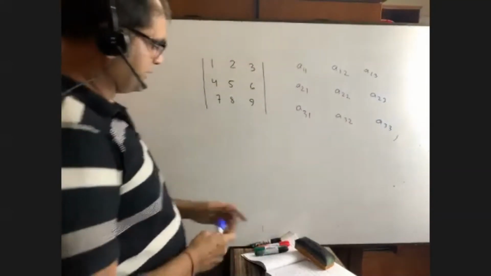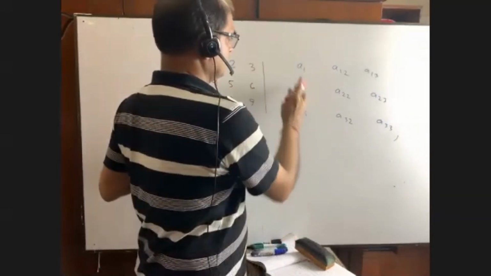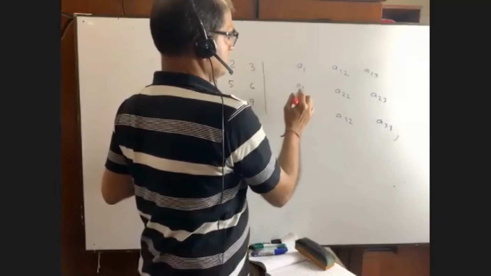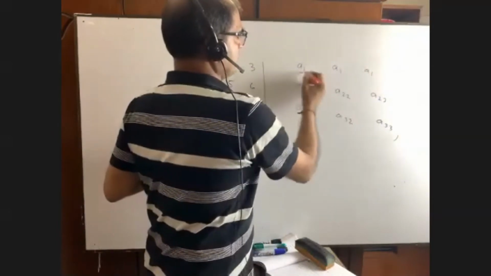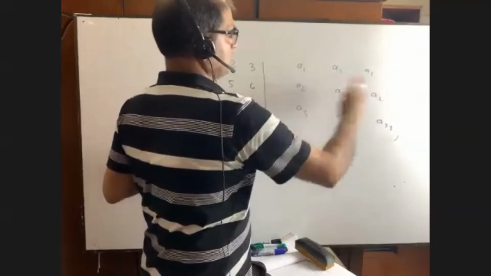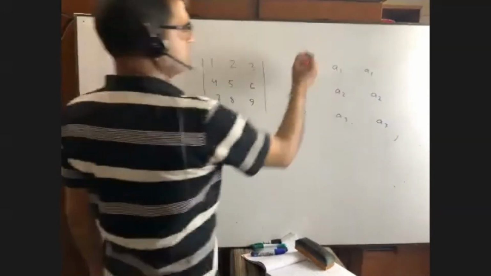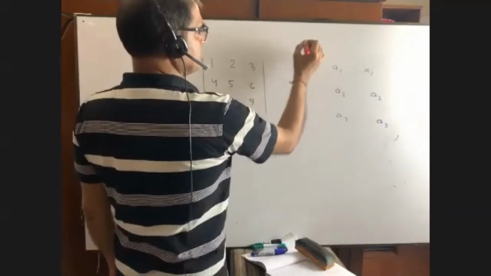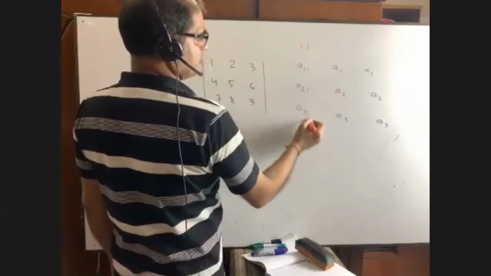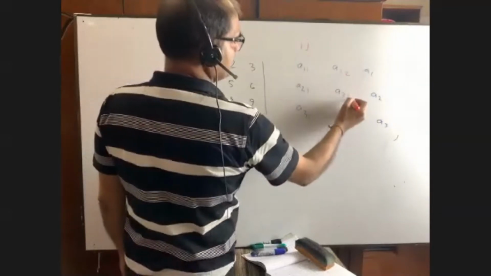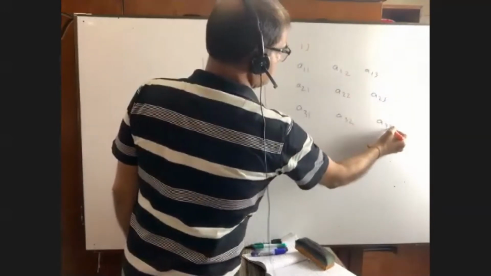Just to make you understand properly and clearly, you see, it is first row, second row, third row. Okay? You understand? A1, all are first row. A2, all are second row. A3, all are third row. Now column, this is the column. We know IJ, row column. It is first column, first column, first column, second column, second column, second column. This is the third column, third column, third column.